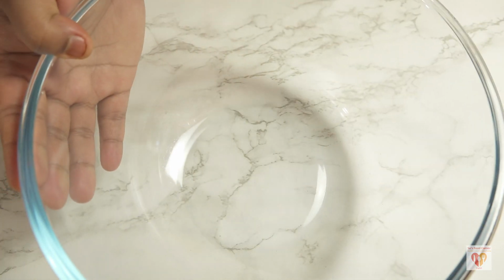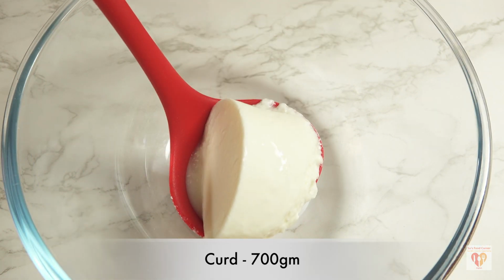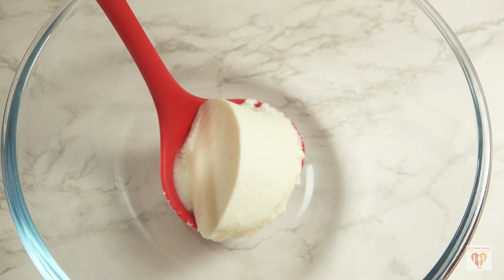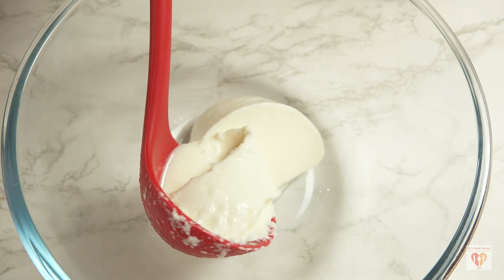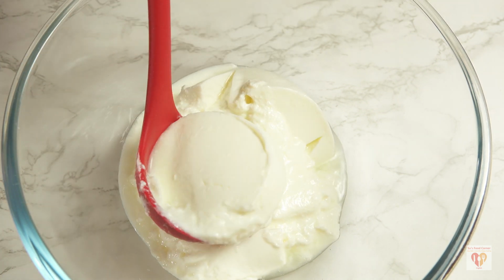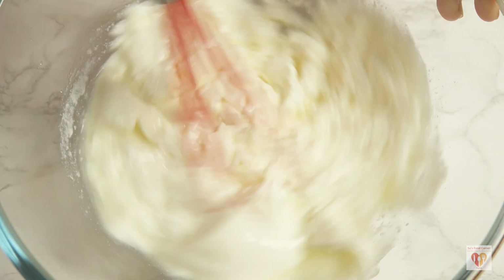So the base of a nice raita is a very beautiful base of curd. So here I have taken 700 gram curd because I am preparing 7 raita dishes, so approximately 100 gram of curd per raita. Then again it completely depends upon your choice. 100 gram of raita can serve around 2 to 3 people. And so here comes around 700 grams of yogurt, and now I'll just whisk it nicely to make a smooth